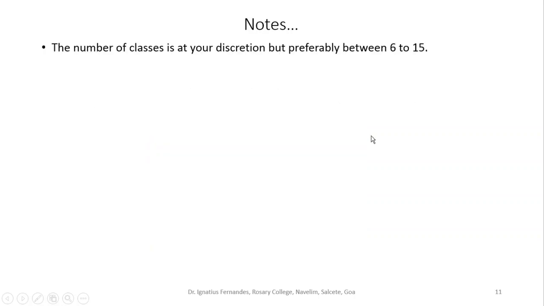Now some things that you need to remember: when we were deciding on the number of classes, we preferably, theoretically expect the number of classes to be 6 to 15, ideally between 8 to 12. Okay, best is around 10. So you have to choose your class size so that the number of classes in the frequency table is around 8 to 12.